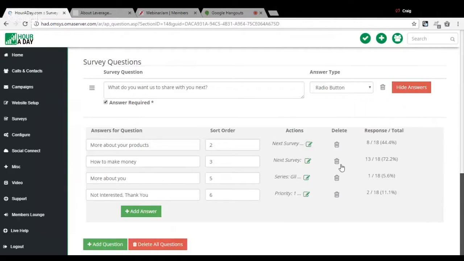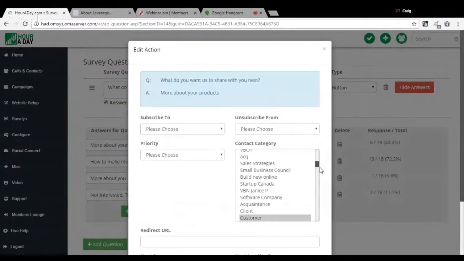Right. And you also notice here, you can see the percentage of people that click. It actually keeps track of how many people are clicking on what buttons for you. So it's taking all this information. The tracking in your back office of HourADay is just phenomenal. That's pretty cool. It's great. It lets you know what to do next. So more about products. I'll show you what you do. You click on the action button. You can see it says next survey. And when you open up this action,